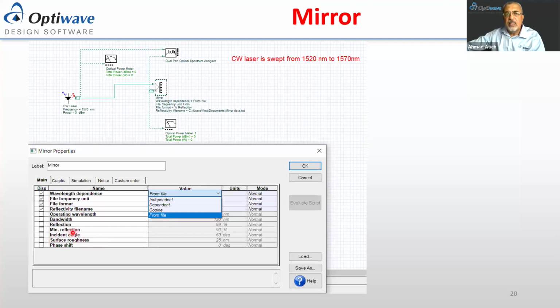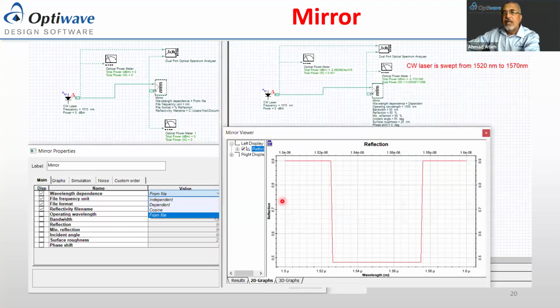Now here you can see the component, we added the surface roughness parameters and the incident angle, so as to allow calculating the reflection properly in these components. Now, this one is a case I'm just showing here. I'm going to show it to you in the example. It is the case where you have constant functionality within the bandwidth of the mirror. So within the bandwidth operation of the mirror, you have a constant reflection here. And outside the band, you have another reflection, which you can set up again from the parameters here, the bandwidth and